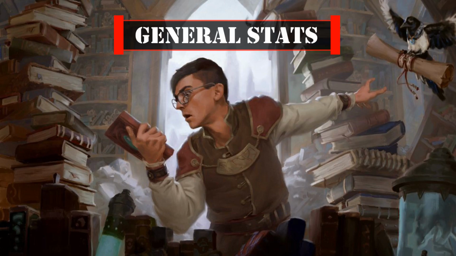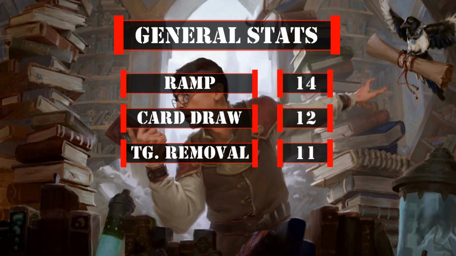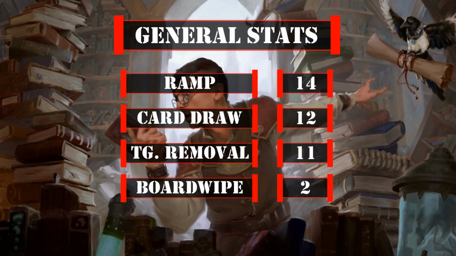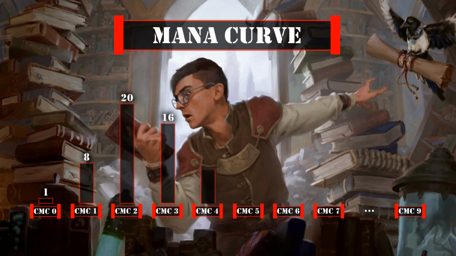For general deck stats, we have 14 ramp sources, 12 card draw sources, 11 targeted removal sources, and 2 board wipes, leaving us with a near-perfect ratio of core stats with no outliers. Then looking at our mana curve, we have 1 0-drop, 8 1-drops, 22 2-drops, 16 3-drops, 8 4-drops, 5 5-drops, 3 6-drops, 2 7-drops, and 1 9-drop, resulting in a light to mid-weight curve that aims to ramp